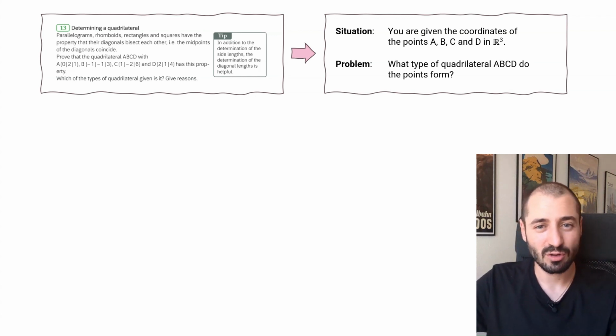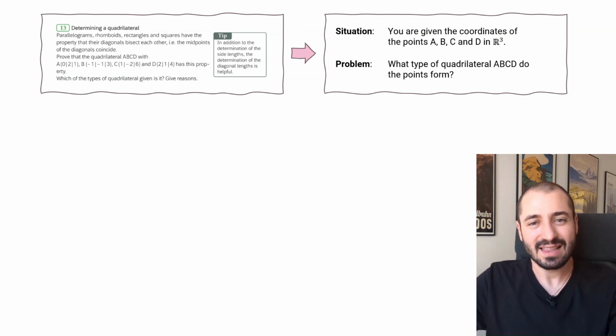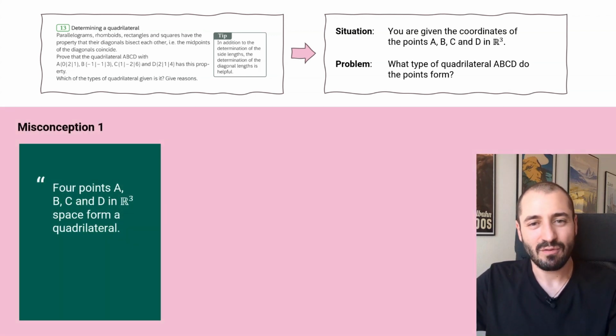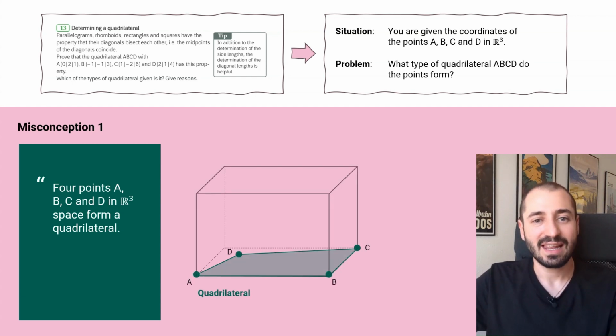Now, before we solve this specific exercise, let's talk about some common misconceptions in this context. The first misconception is that 4 points A, B, C, D form a quadrilateral. Now, this is not necessarily the case in three-dimensional space. By definition, 4 points form a quadrilateral if they lie on the same plane. Now, in this image here, A, B, C, D lie in the same plane, and therefore